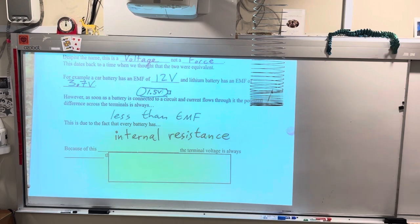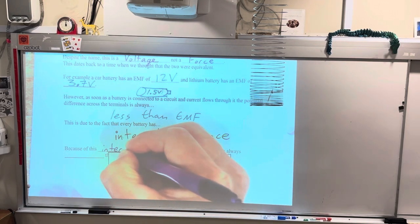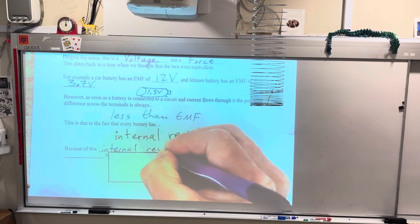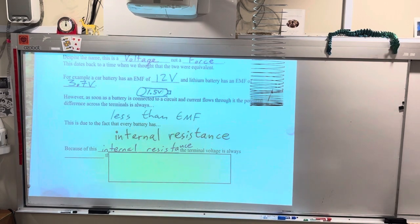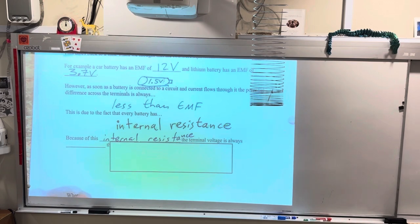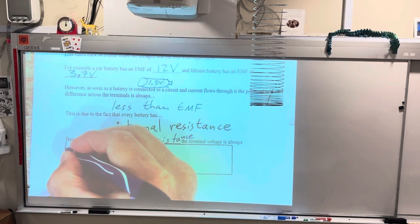You know how your phone gets hot sometimes? Yeah, it's because of this. And so because of this, now we have to write it twice, sorry. Because of this internal resistance, the terminal voltage is always, what would you think this is going to be? Good. Less